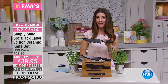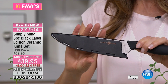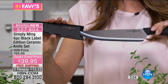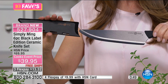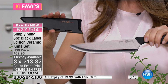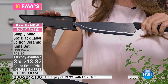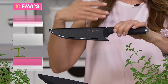So if you're looking at your knife set right now and it needs an update, it needs an upgrade, and you love Chef Ming and everything he has to offer here at HSN. These are exclusive. You're getting 3 professional chef knives for $39.95. They have incredible blades, and it's on both sides, by the way, so whether you're left-handed or right-handed. Lightweight. The plastic Cool Touch handles are really easy to hold, and they are perfectly balanced. They always say, if you're learning anything about maybe, you know, starting to